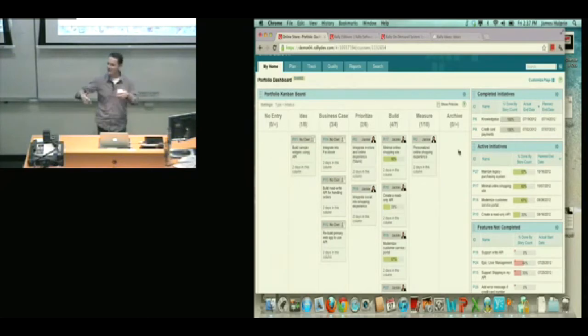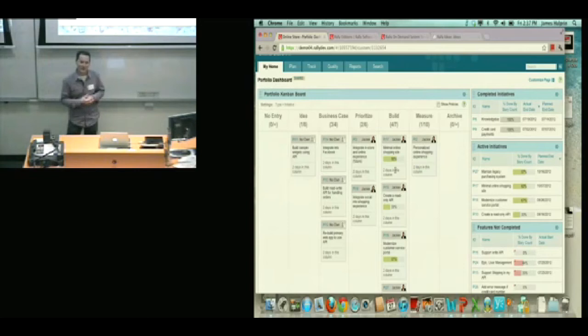And to your original question, how do we know the roll-up? How do we know how far we are through that feature? Well, if you look at some of these PIs, you can see that this top one is 60% of the way through. The reason we know that is because all of the stories are attached, and as the teams work on the stories and mark them accepted, it seamlessly gets rolled up. So this is a very effective and very unique way of managing the portfolio.